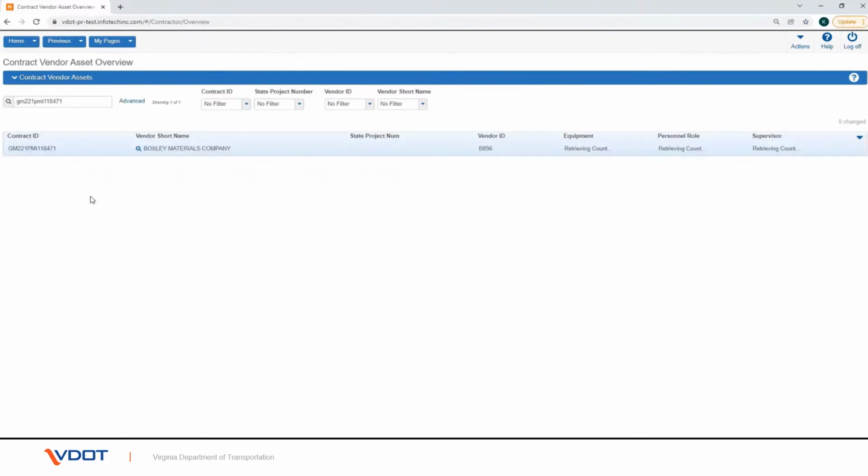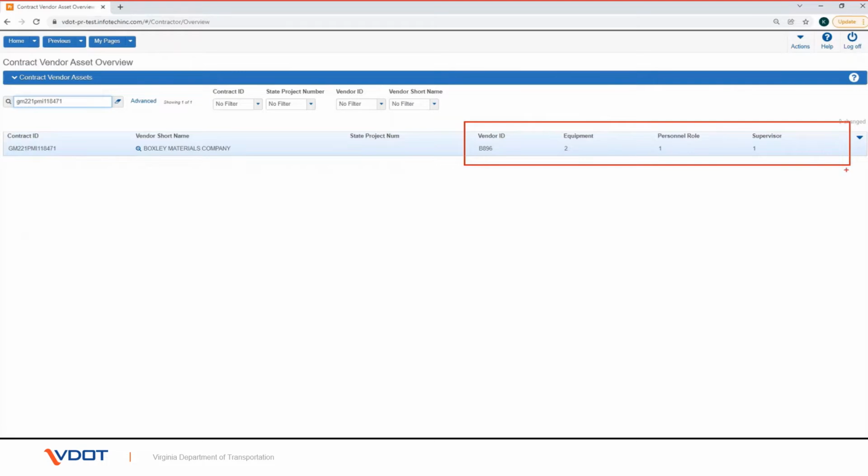Enter the contract ID in the quick search box. The Contract Vendor Asset Overview shows you the number of vendor assets currently recorded for the prime contractor on a contract. Contract vendor assets are the prime contractor's equipment and personnel, in performing the contract work. It also includes the V.staff. This allows the user to select the assets that are available on the vendor assets for the contractor and subs associated